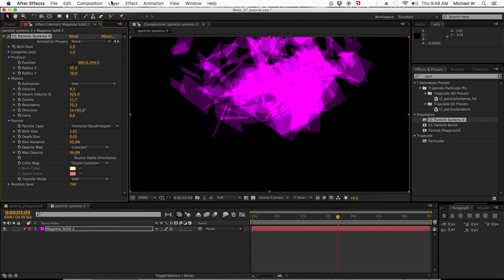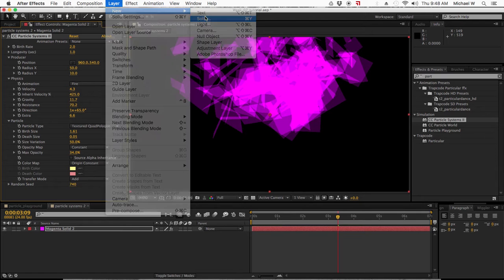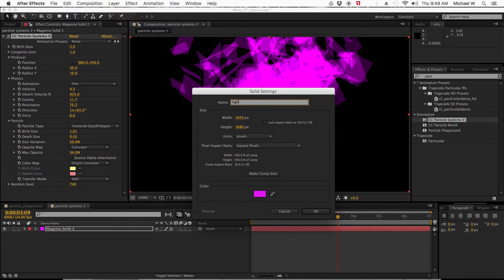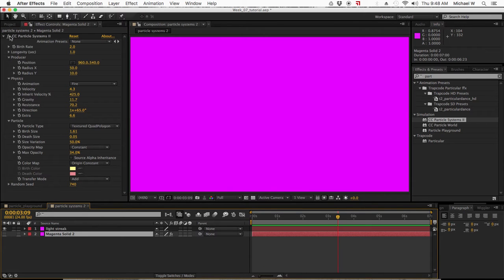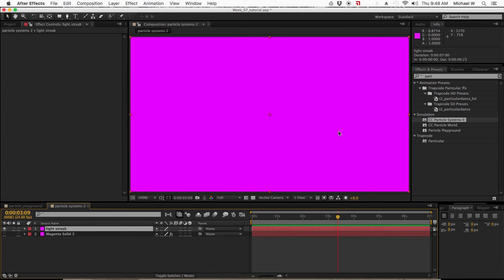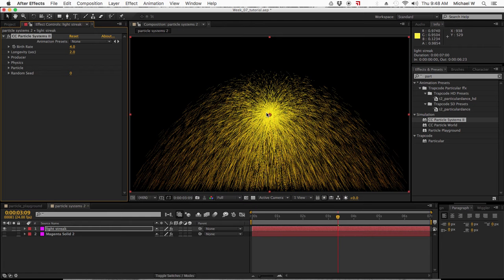We're still in Particle System 2. We'll go Layer, New, Solid. I'll call this light streak. I'm going to hide the layer below it, and I'm going to turn off the particle system just so my computer runs faster. So now it's just seeing this one layer. I'm going to add Particle System 2 again,